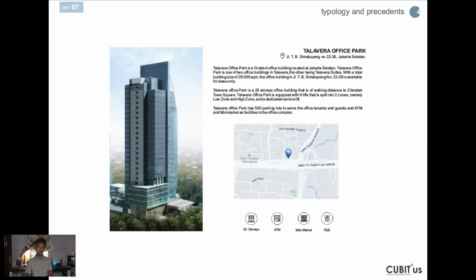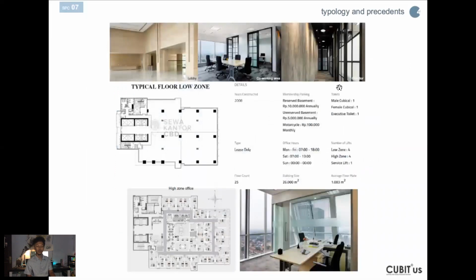And then for the typology, I take the Talavera Office Park. It's also located in TB Simatupang. It has 25 floors, also next to the TB Simatupang Road. And this is the typical floor for the low zone, and then the floor for the high zone. As we can see here, the core of the building is at the side, so the circulation can go around all of the floor area,